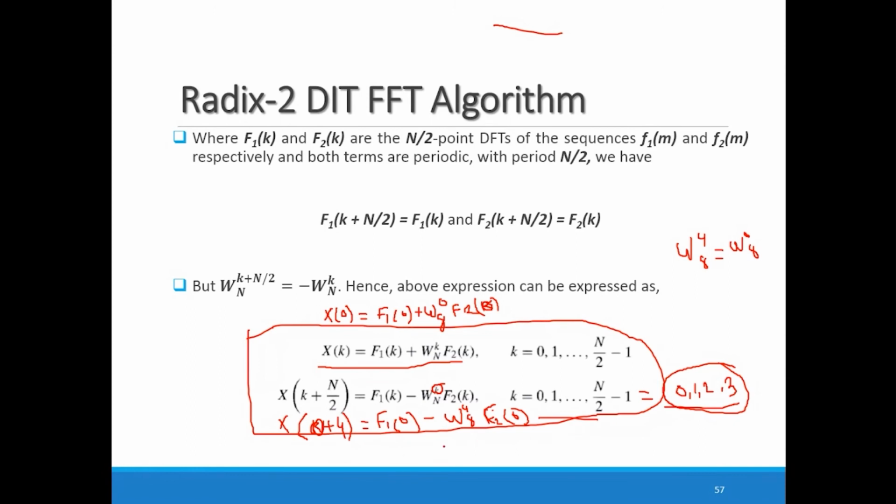What will be the second term over here? When I add 1 over here, your second term will be f1 of 1, that is nothing but minus omega 8 raised to 5 times f2 of 0. Now as per the periodicity property, what will the 5 be over here? 5 will represent the value 1. So you can replace this omega 8 here with omega 8 raised to 0, here with omega 8 raised to 1, then omega 8 raised to 2 and omega 8 raised to 3. So these 4 twiddle factors we require.